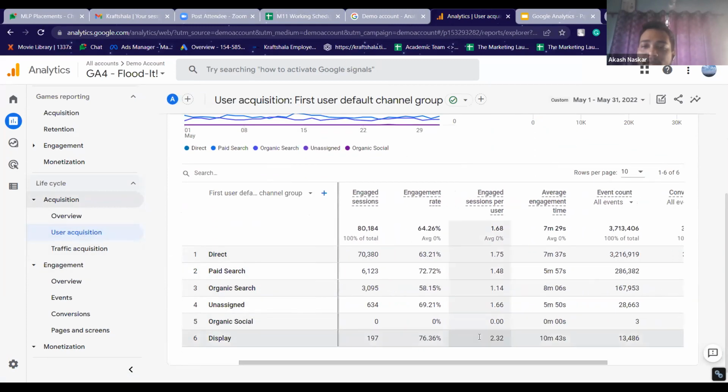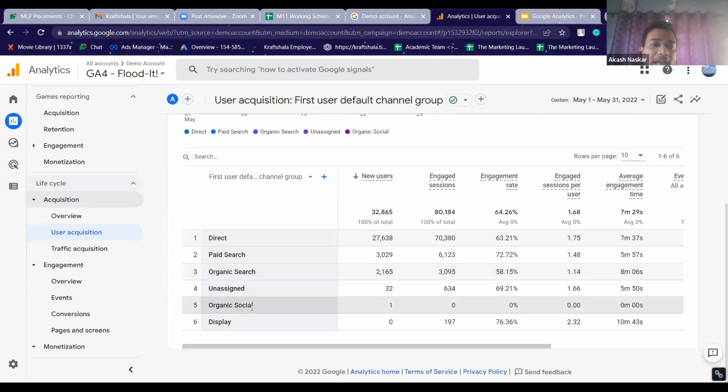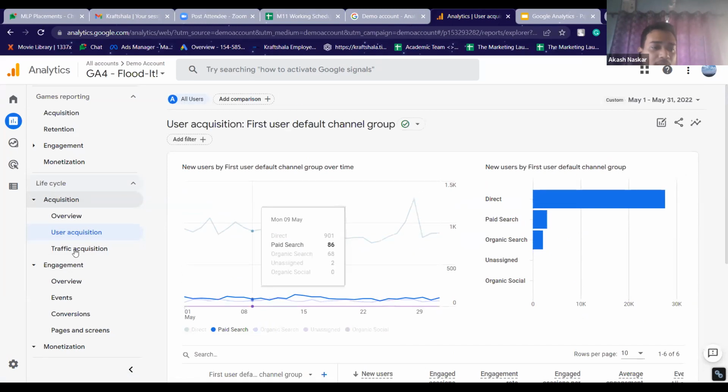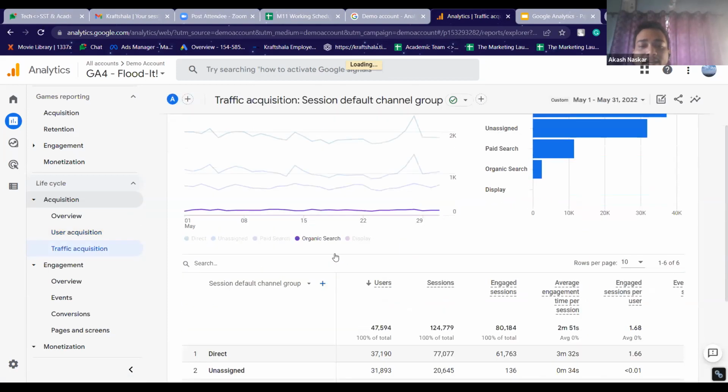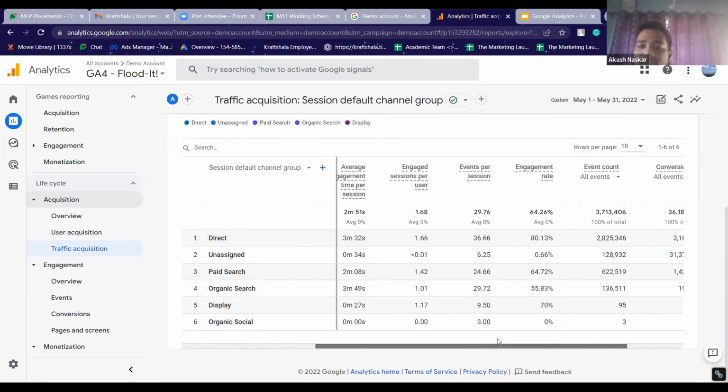These are all the data that we see: how many sessions they have done, engaged sessions, how much engagement rate there is, engaged sessions per user, the average engagement time, how many events and conversions they have triggered, and how much revenue they have generated. We get all of this data based on the primary dimension that we have here. Similarly, in traffic acquisition, we can see the same thing based on the primary dimension, right? So we see direct, unassigned, paid search, Google search, display, organic, and we can see the different levels of data that we have.